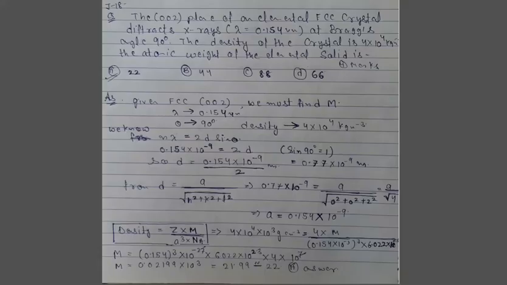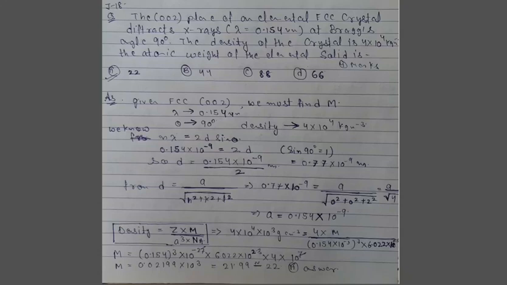So we move. So friends, this is another question that came for 4 marks in the June 2018 exam, and it is a different type of question, not a difficult one but a different type. And I thought this type of question is very helpful for your concept development as well as for exams, okay. So the question says that the 002 plane of an elemental FCC crystal diffracts X-ray. Lambda value given is 0.154 nanometer at Bragg's angle 90 degree, okay.